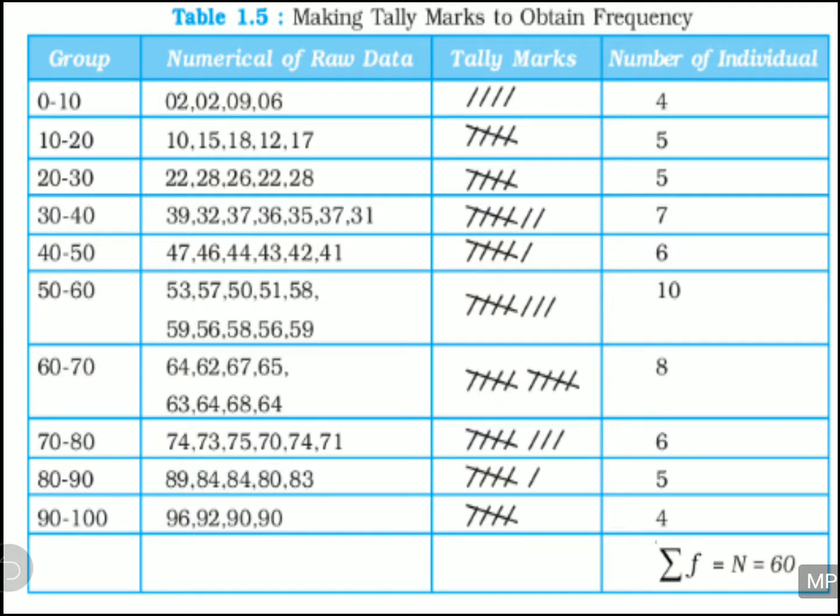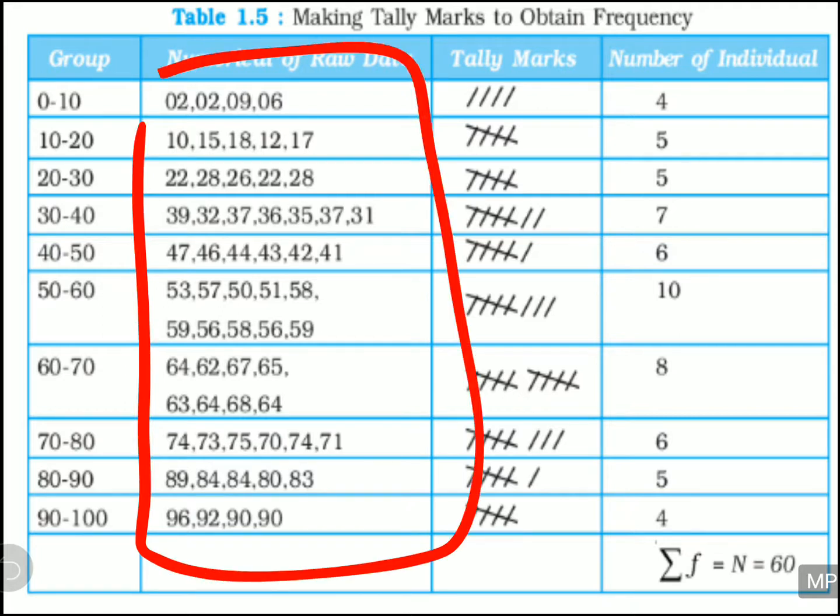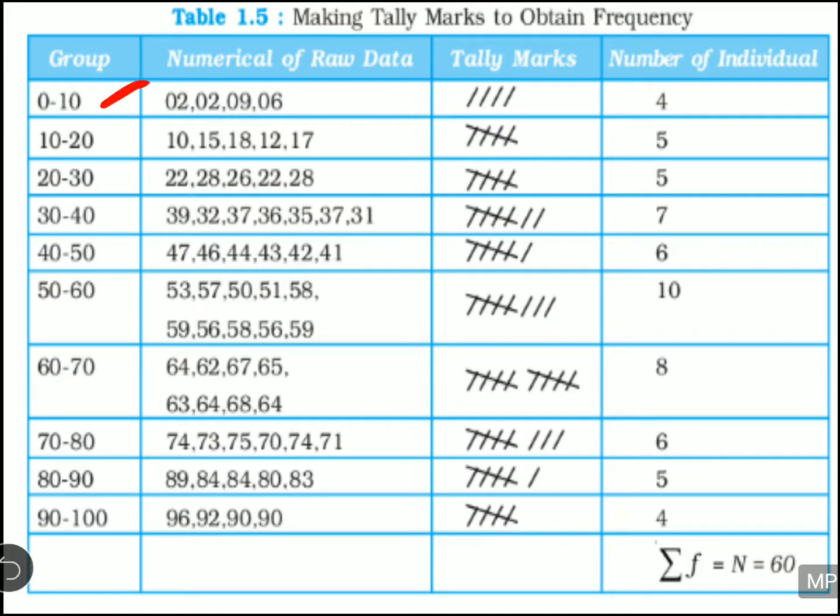And when you are doing the grouping of data, then you have to use a little of your rational thinking, and you have to see the range to which the data is extending, and then you have to decide the classes, and then after that you have to make the second column. So how you make the second column, I will tell you. See, first one I will tell you, the next ones follow the same rule.